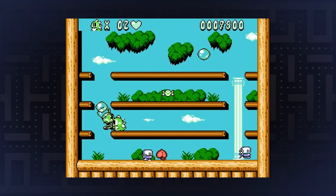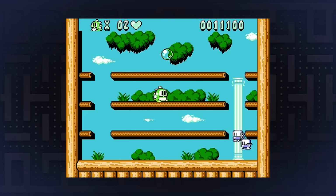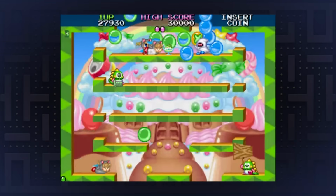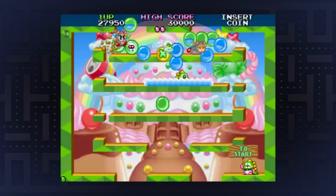The main goal of the game is to rescue Bub and Bob's girlfriends from the Cave of Monsters. It is an early example of an action game with multiple endings, which depend on the player's performance and discovery of secrets. The popularity of Bubble Bobble led Taito or its licensees to port the game to many home computers